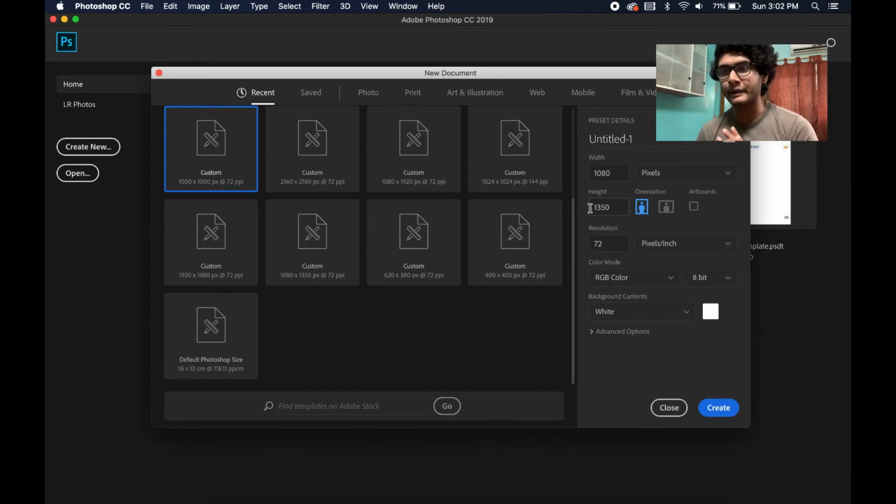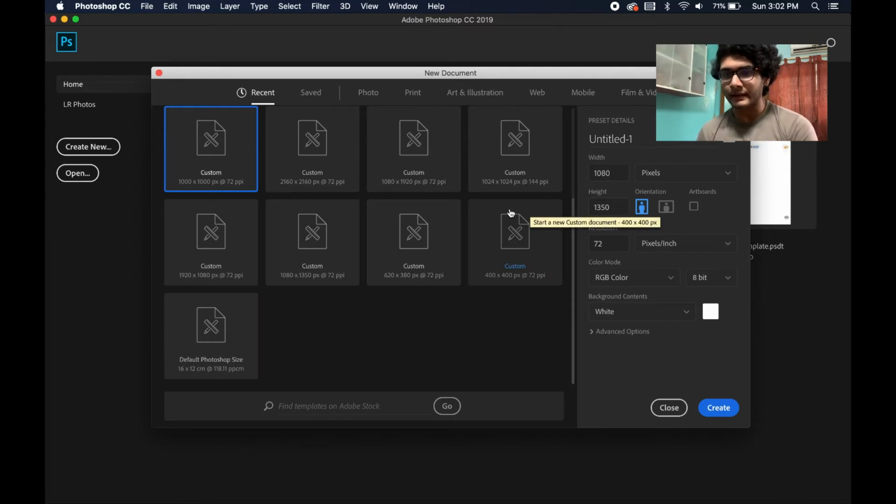So keep that in mind: if you do it in this format and you are watching directly in the feed, because of the square thumbnail it will crop it a little, but if you tap it and enlarge it, it will show the full artwork.